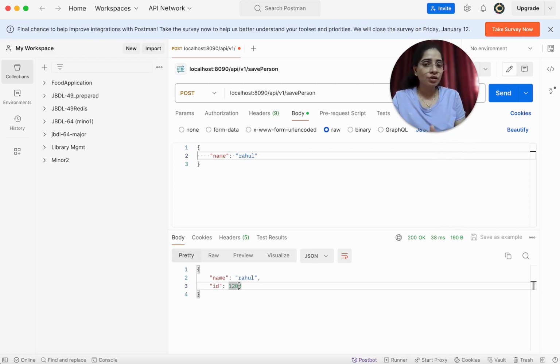The reason for this is, let's say you have inserted 2 and already a row is present with ID 1201. Now what will happen whenever you try to insert more data again and again: there will be ID 3, then ID 4, ID 5, and there will be a time when the ID will again regenerate at 1201, but 1201 is already available in the database.